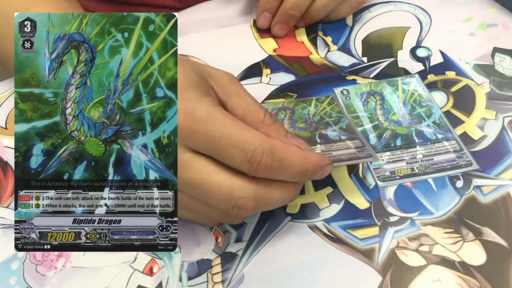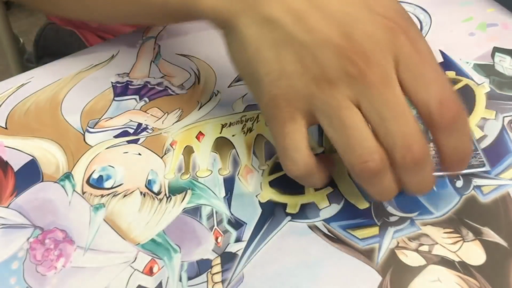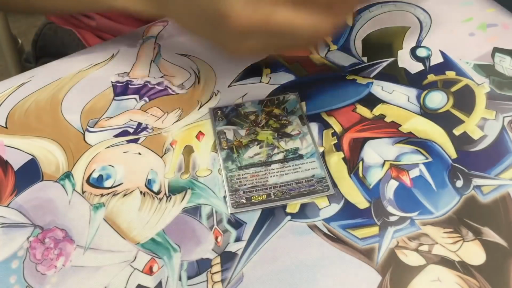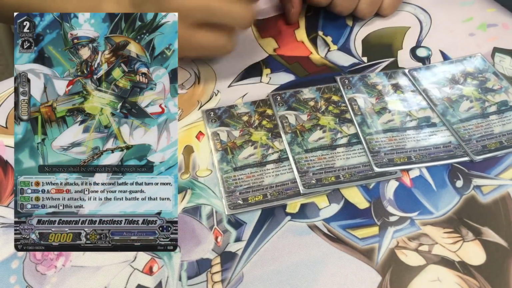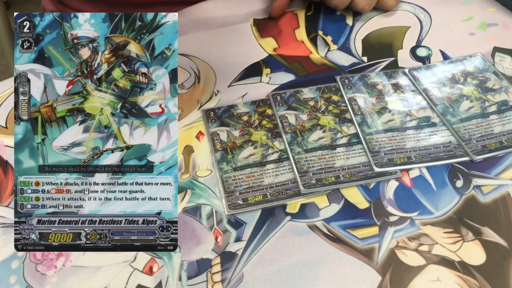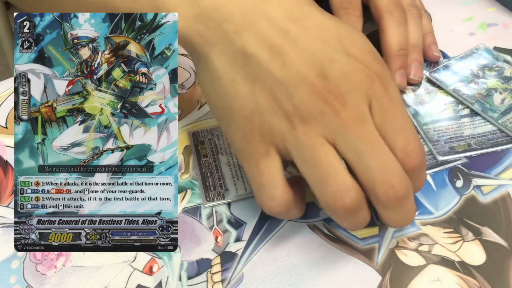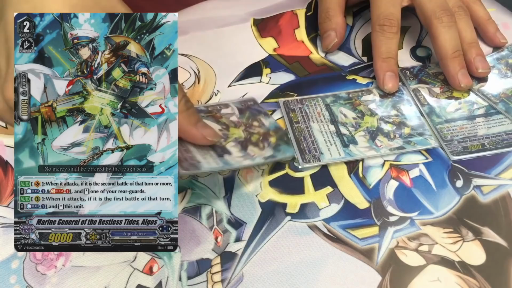This is definitely working out much better, and now we're going to go to grade 2s, because that is the main part of Aqua Force. We have 4 Algos. First skill is second battle. When it swings second battle more, you counterblast, soul blast, restand one of your rear guards. So let's say after you have one unit swing, you counterblast, soul blast, restand, you get another attack off. If you have